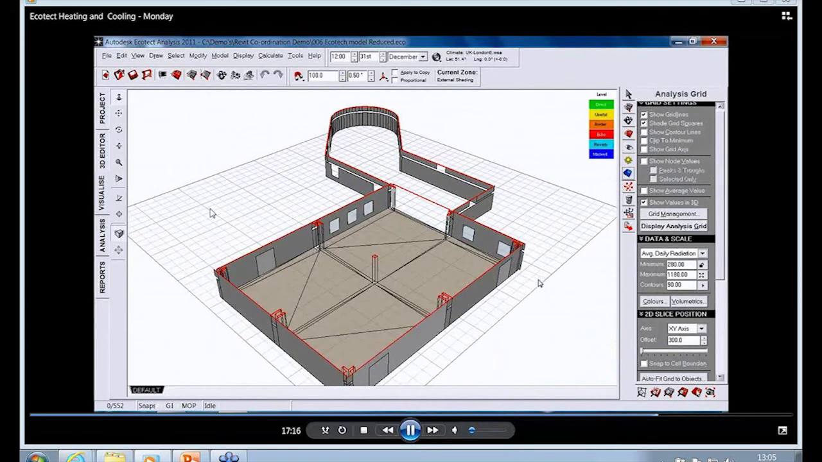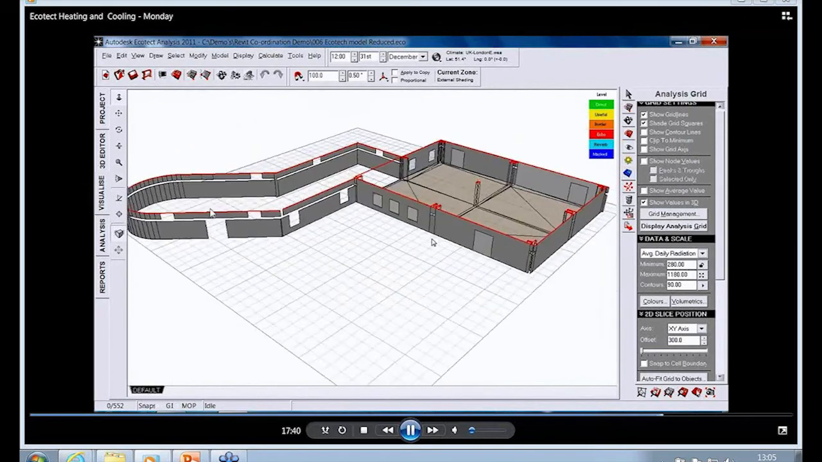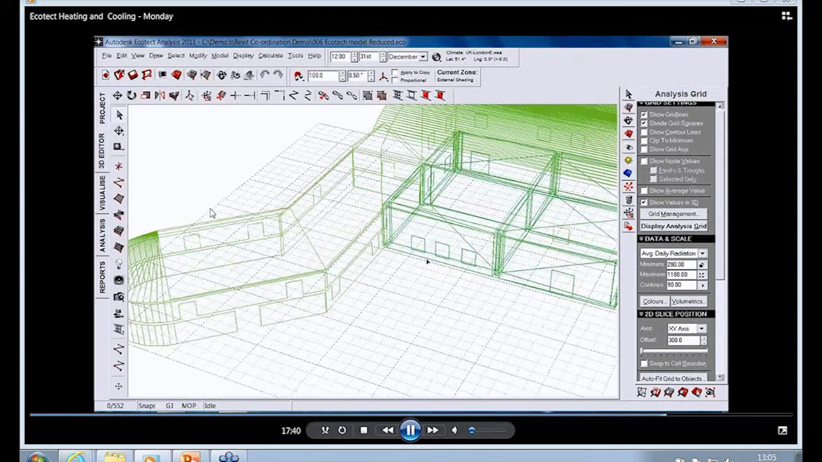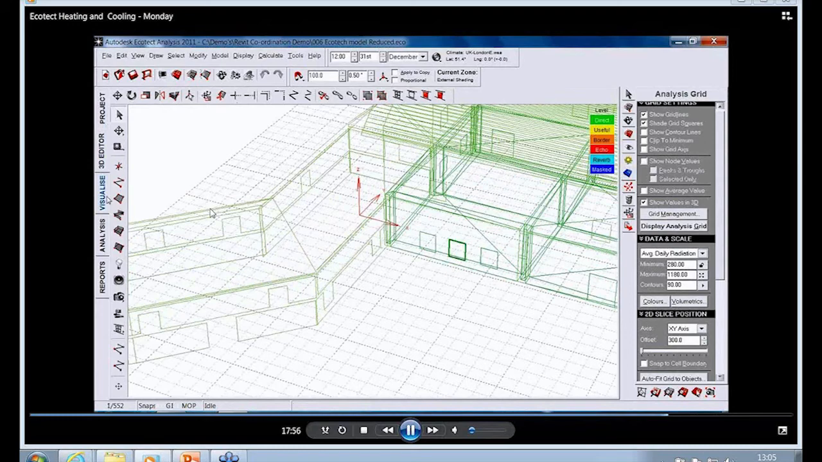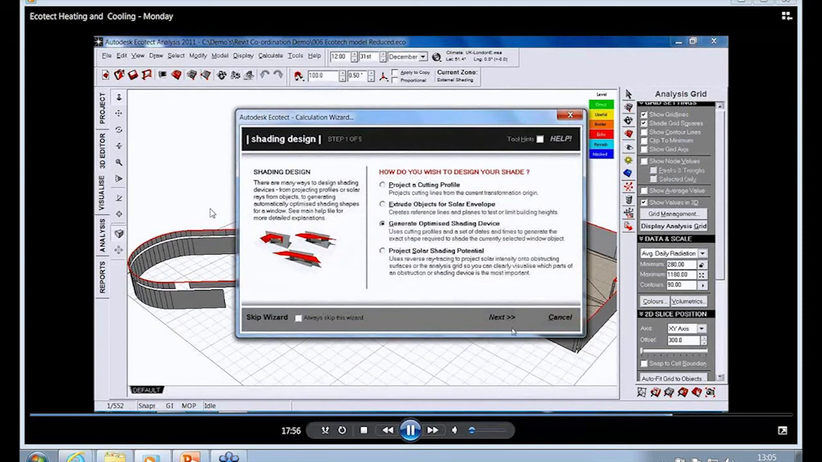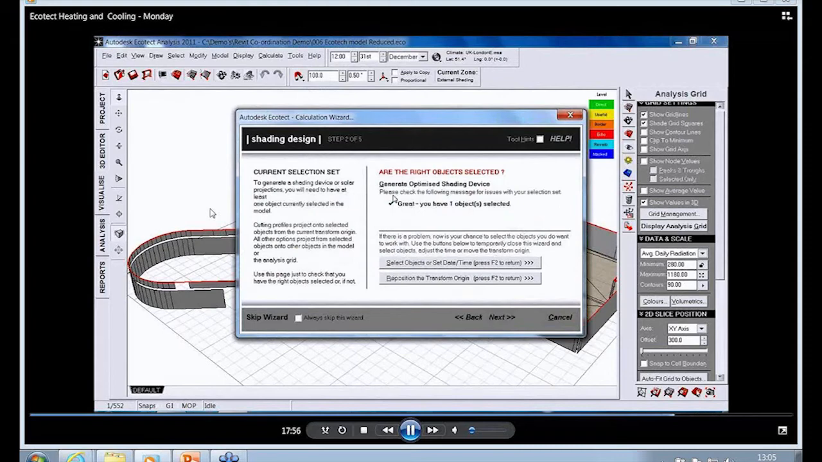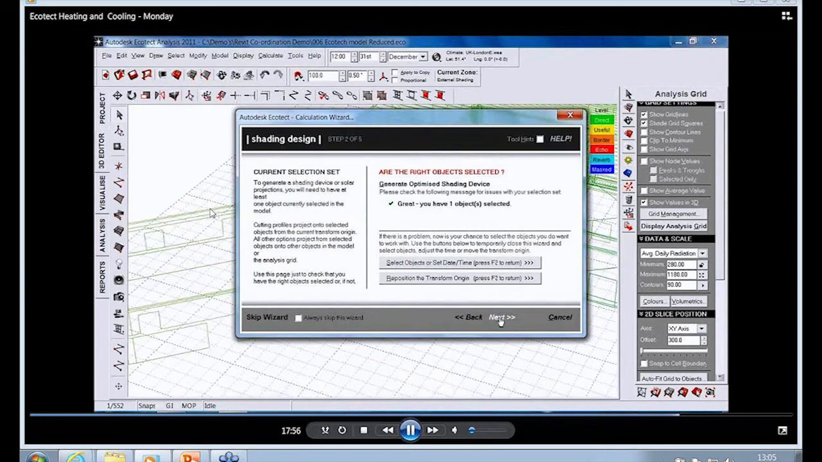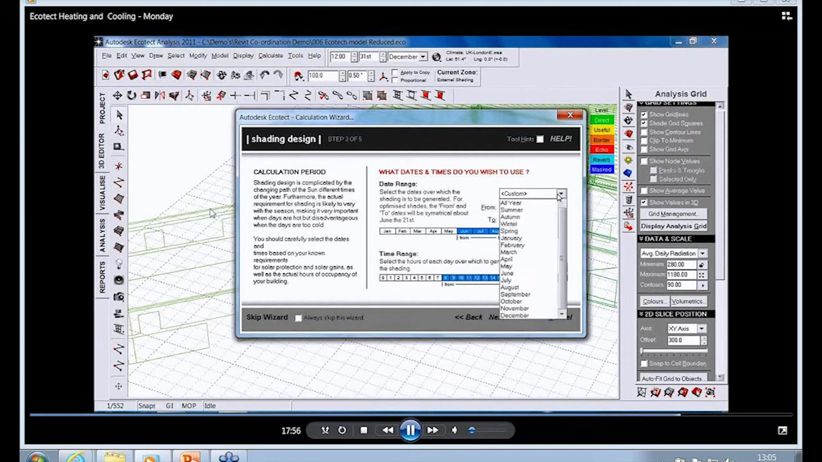So let's turn off the analysis grid and take a look at another type of analysis. Beg your pardon, sorry, this time we're going to be looking at the shading analysis. The particles will be coming in a moment. So shading design. So I've selected a window. Now we're going to run through generating a shading device automatically to ensure that that particular window is always shaded. So run through the analysis, define the location,